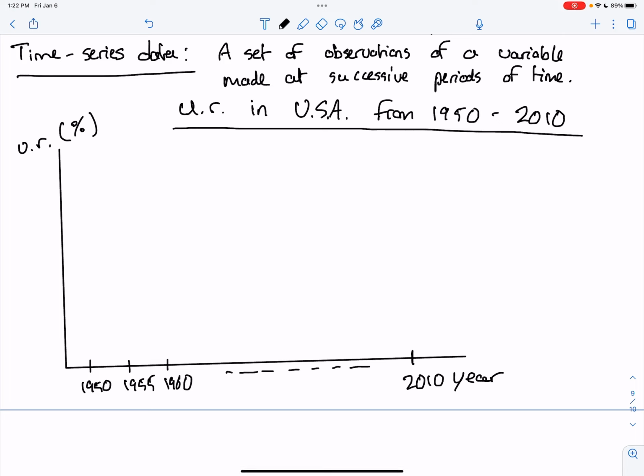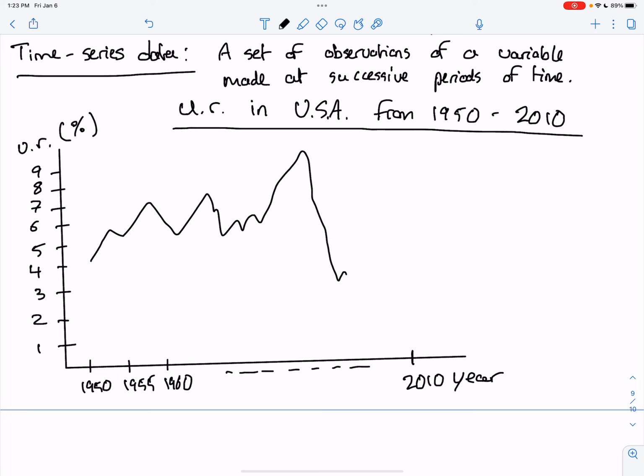Oh, sorry, forgot this, unemployment rate. We might start it at, well, 1, 2, 3, probably unlikely to be that low. 4, 5, 6, 7, sorry that these are not even, but you're getting the picture, 9, etc. And then you'll have, you know,